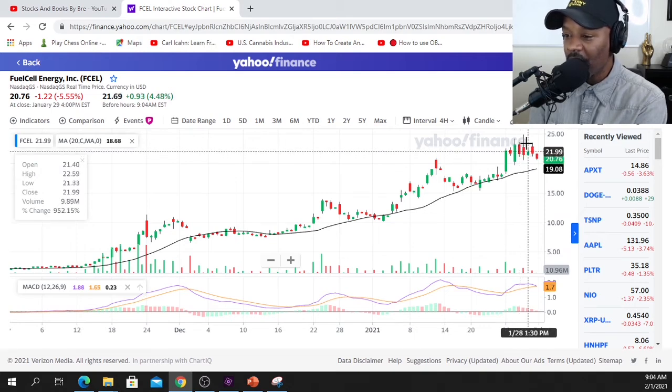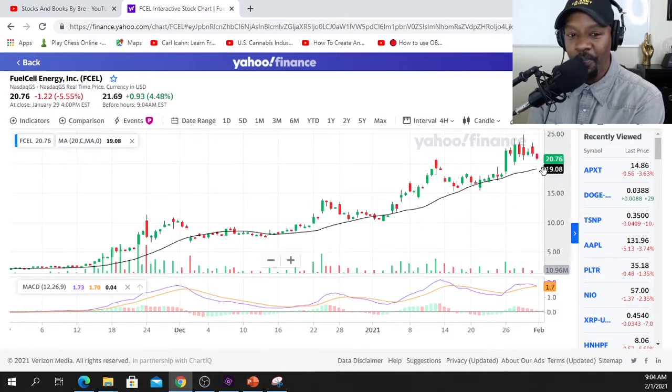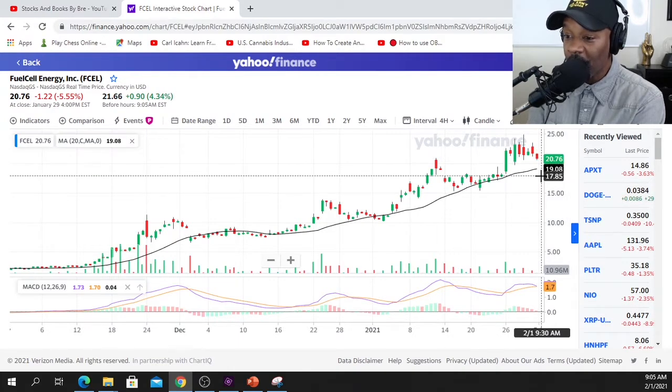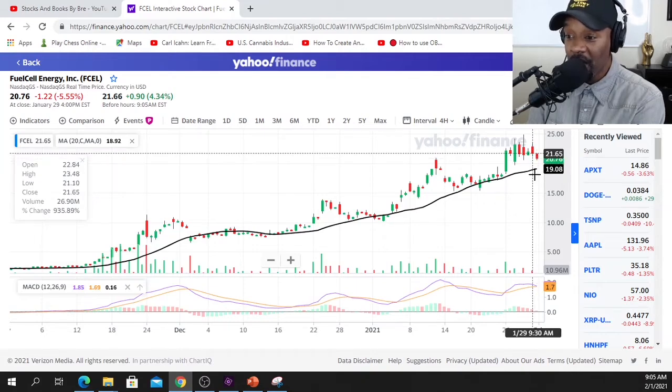And you never know, we may have an opportunity to continue this upward trend, but based on the resistance we had here and the slight pullback, I'm thinking that we may push back down to even $19 a share, $19.08. Now, if we did push down to $19.08, even below that, that's a plus. All right, that's a great healthy pullback, and that gives us an opportunity to add more shares,